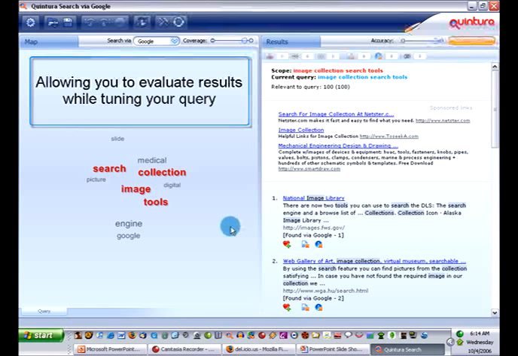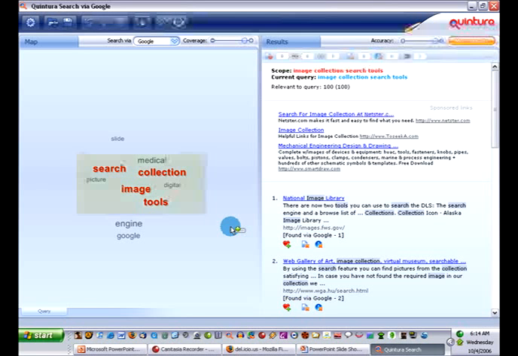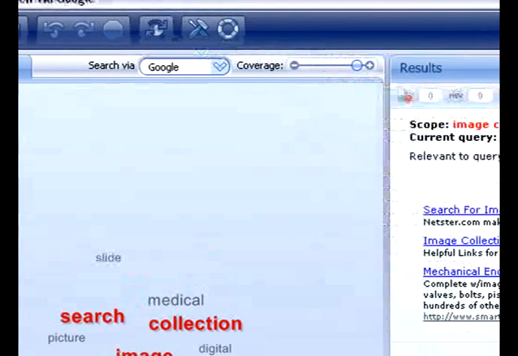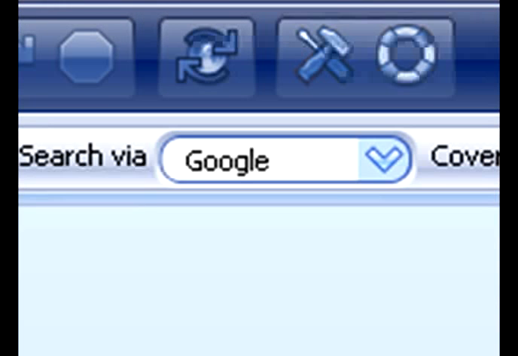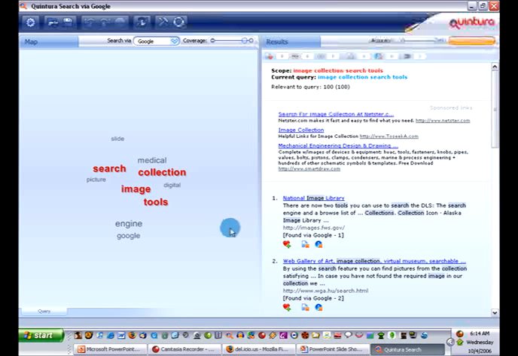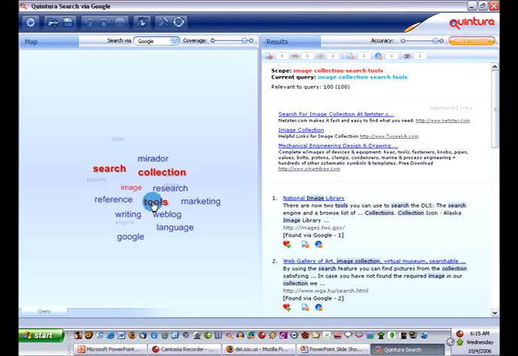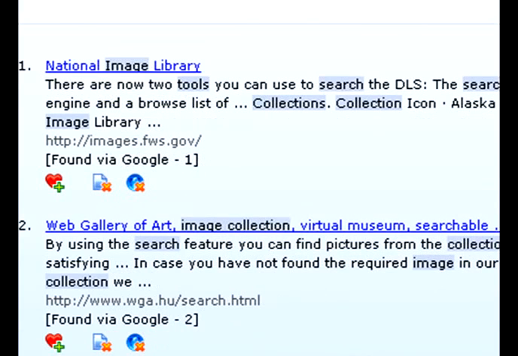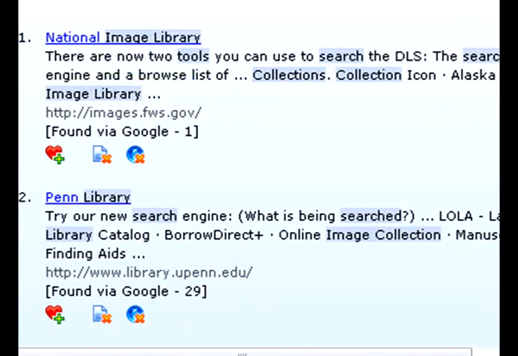So here I've typed in one of the knowledge categories, which is image collection search tools, and those are shown in red here in Quintura, and this program will allow us to explore Google search results visually, but also in a way that displays related terms so that we can see how related terms will affect our search results. We do that by mousing over the terms, which brings up related terms and also changes the results in the right hand side